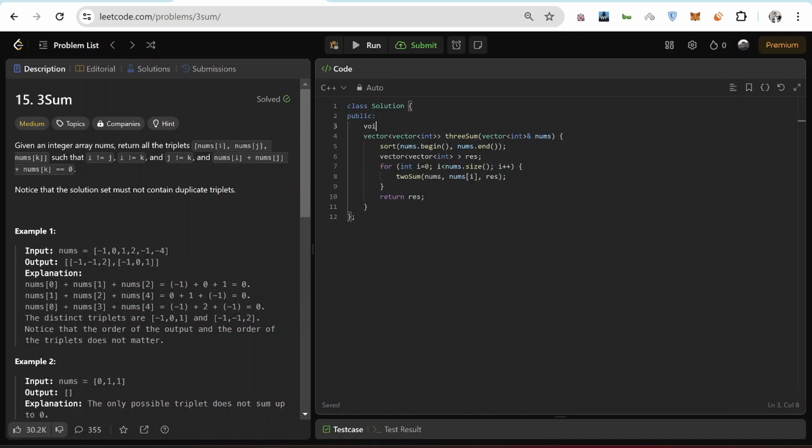So it will be void twoSum, and this has the original input array nums, and let me call it A, the first number in the triplet which we selected, and then I'll also pass the result array, the vector that we created, by reference.